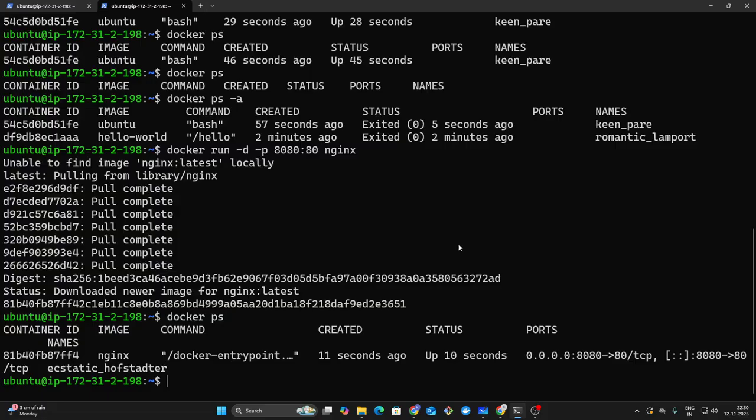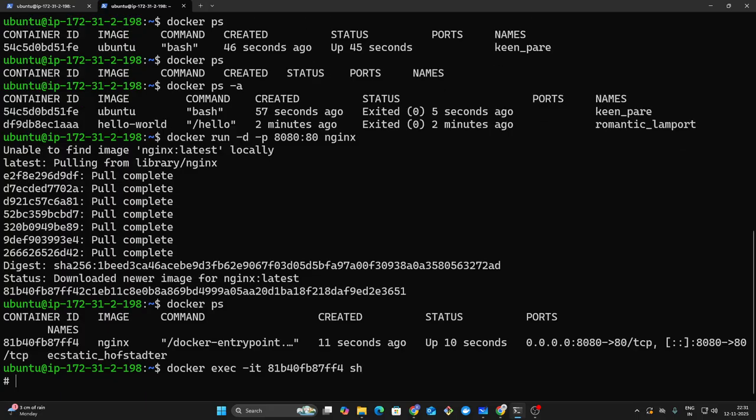We haven't done any setup, we just pulled the nginx image, and we are going to check whether nginx works on our Docker container. The command is docker exec, for execute, -it for interactive, then the container ID, and I'll use the shell to connect. This is the shell. Now we are going to check whether our nginx is working inside the container. For that I'll use curl http://localhost: